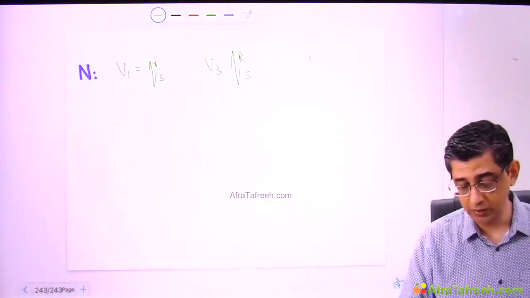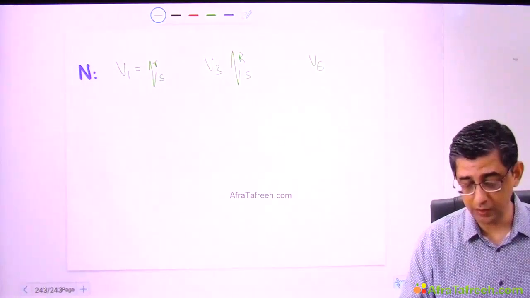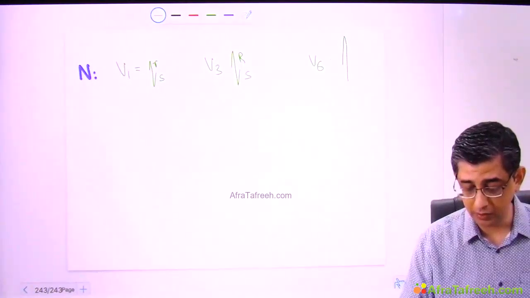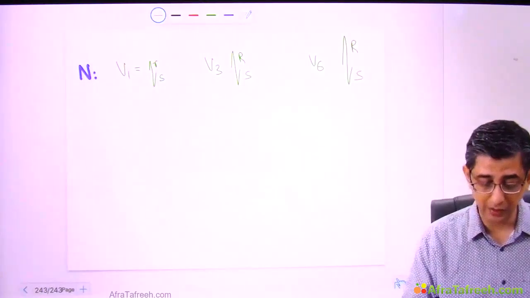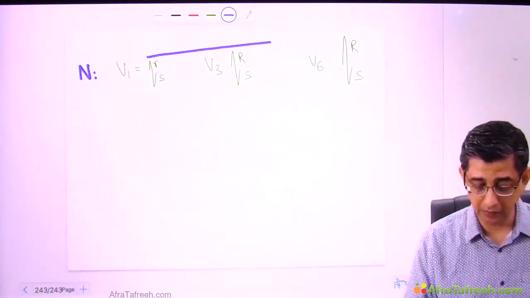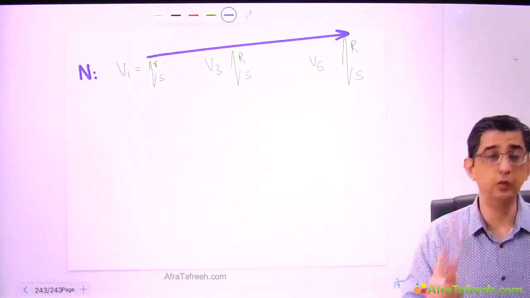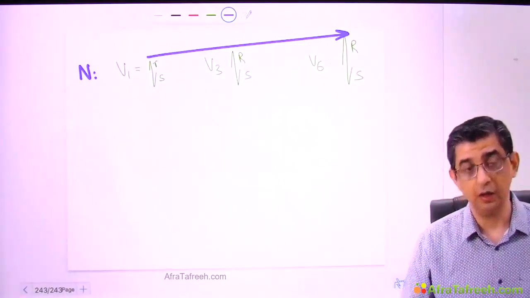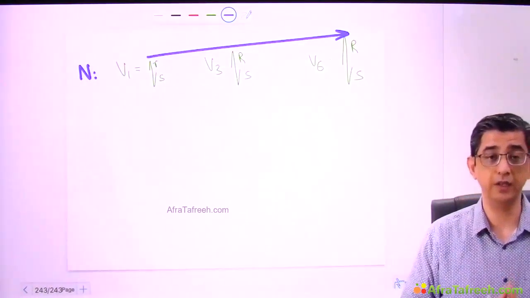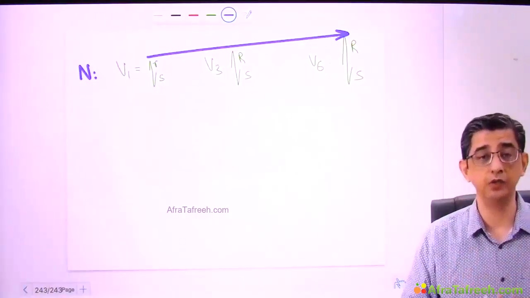But as you move towards lead number V6, you will always notice that the height of the R will now be more than that of the depth of the S wave. So I want you to understand that in a normal person, the height of the R wave tends to increase as you move from lead number V1 to lead number V6. Now, my point is, in myocardial infarction, there is negativity in the heart. Negativity, why? Because necrosis is occurring.